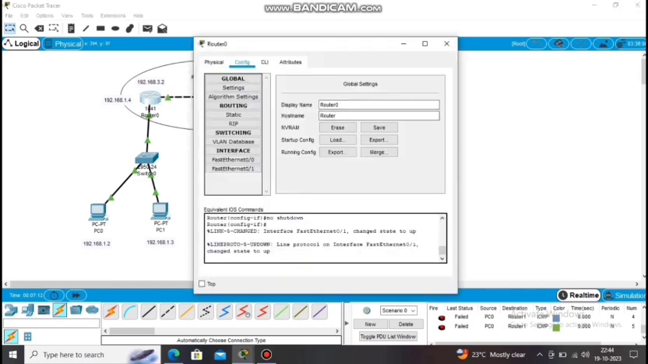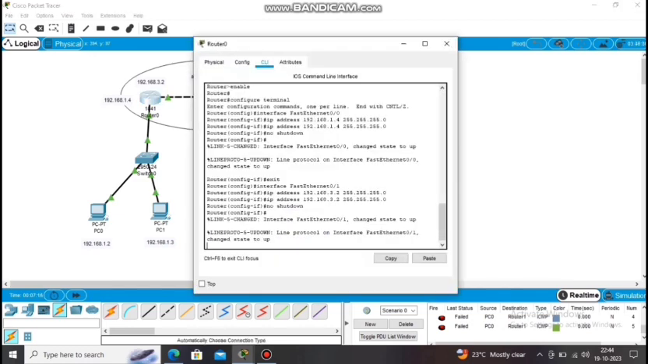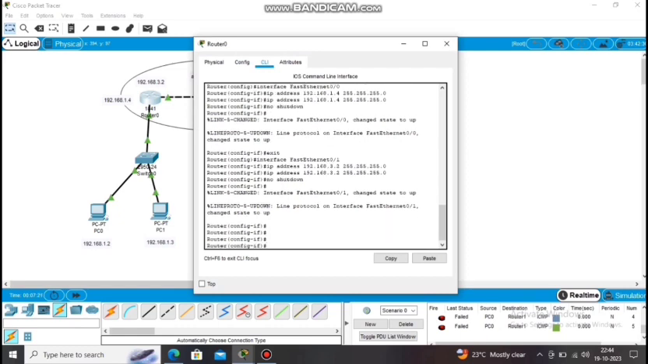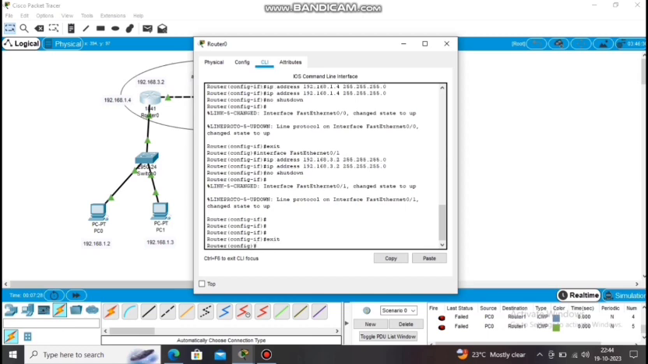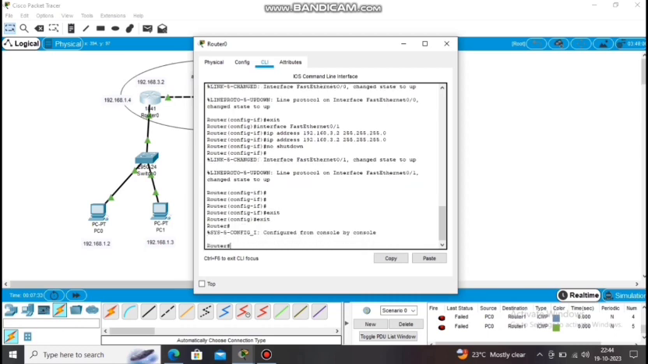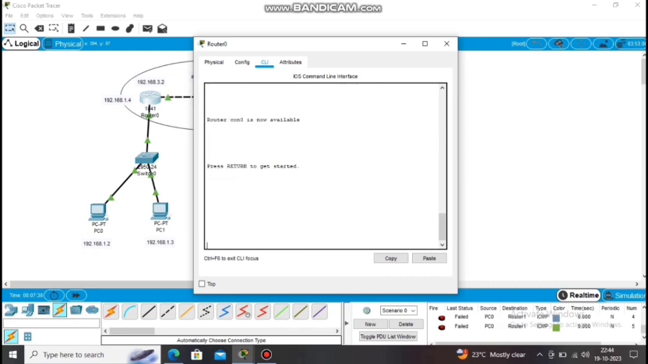Area 0. After writing area 0, click on router 1, click on CLI and press enter, and then write exit, then press enter, then write exit, and then press enter. The message is 'configured from console by console'. Then press enter, then write exit. The message 'press return to get started' will be displayed, and then write enable,